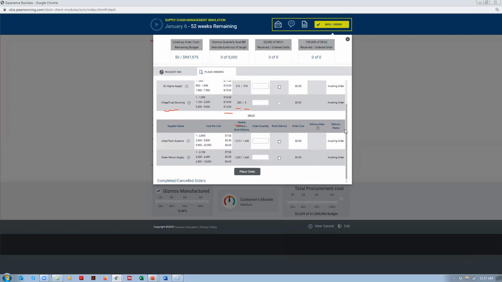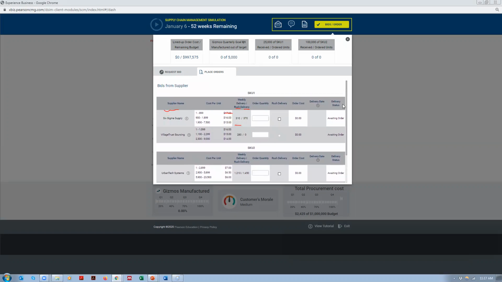Now, it's time to place our first order. Let me clear all drawings. So, how do I generally approach this? Or how should you generally approach this? For example, if I go by this one, which is our lowest cost one, and I place an order, how many do we need in the first quarter? We need a total of 5,000 of SKU1 and 20,000 of SKU2, which is 4 times that of SKU1. Now, if I place an entire order of 5,000,